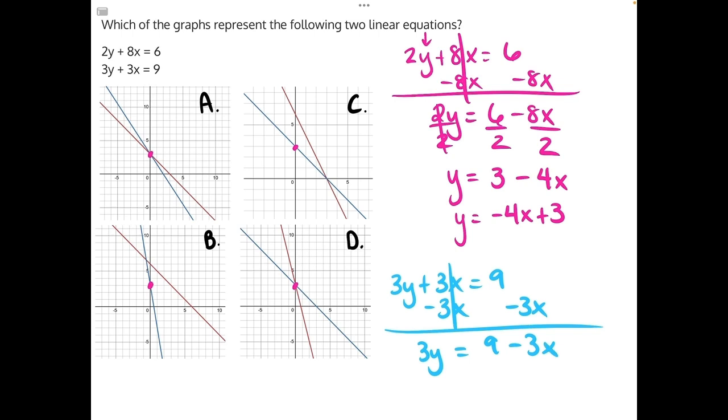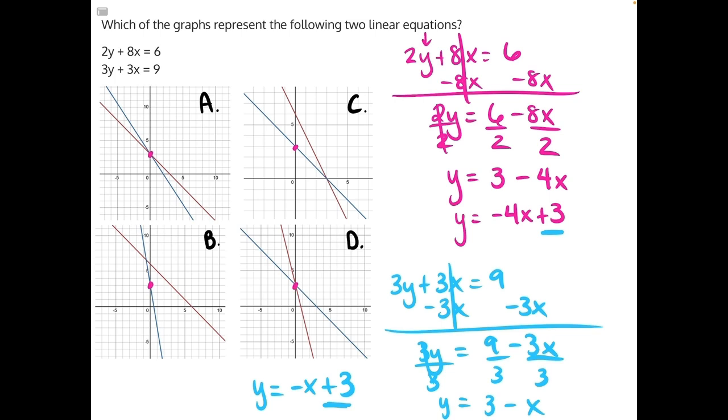Then 3 is being multiplied to y, so the opposite is to divide everything by 3. And that will give us y is equal to 9 divided by 3 is 3, minus 3 divided by 3 is 1. And then again, we rearrange and we'll get y is equal to negative x plus 3. This one also has a y-intercept of 3, so we're looking for two graphs that both